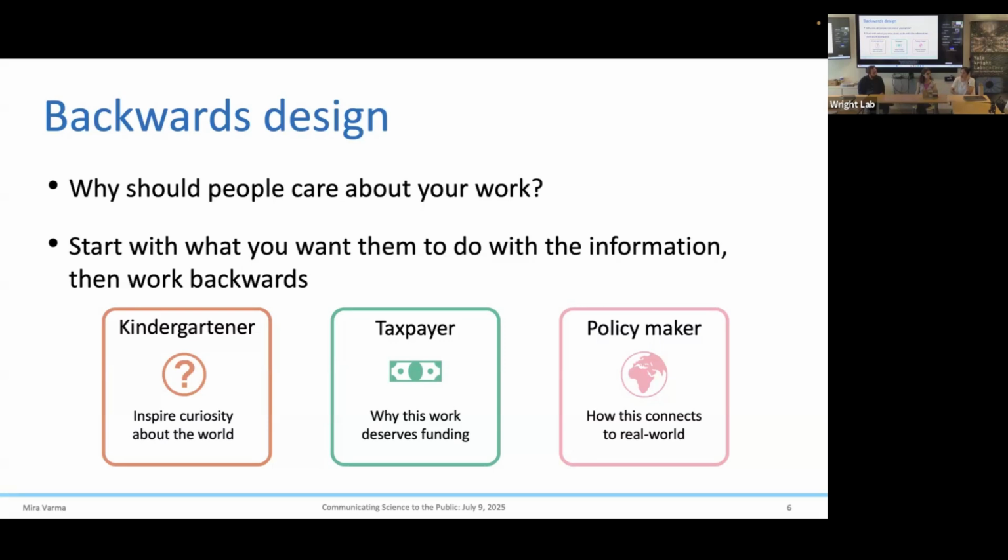And you do make a really good point about the general public having different interests. When I said taxpayer, in my head I was thinking of someone at the grocery store who doesn't even care about science. So I think the less someone cares about or knows about science, the more likely they might be to care about the funding. But if someone has some appreciation or knowledge of science, then they might just be more curious. So I think it really depends. There's a big spectrum of taxpayers.